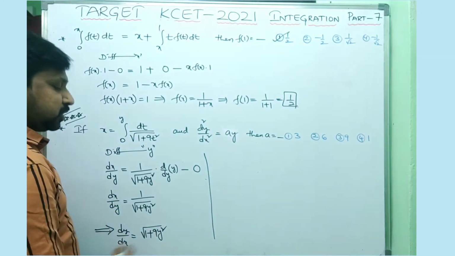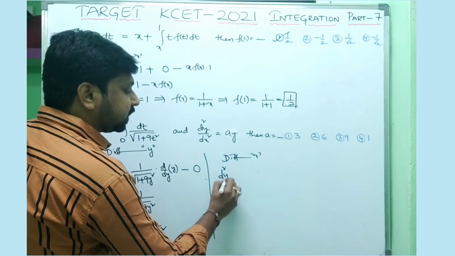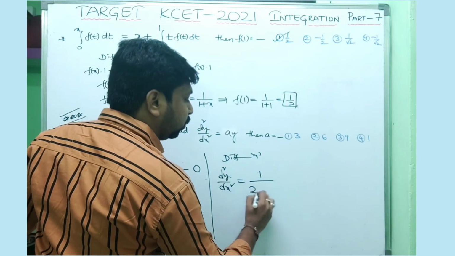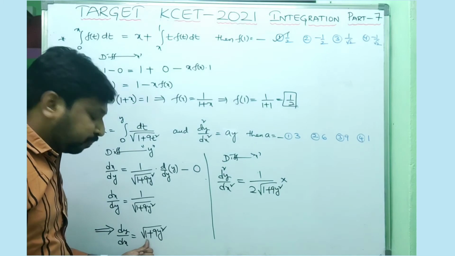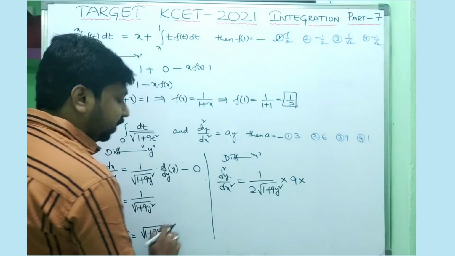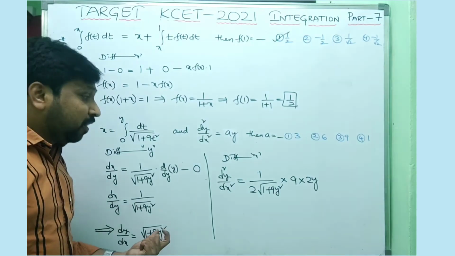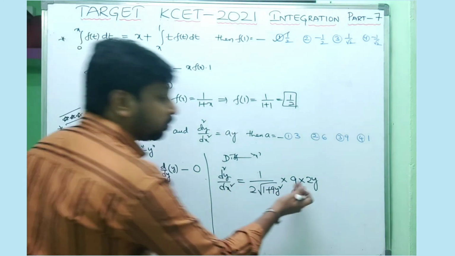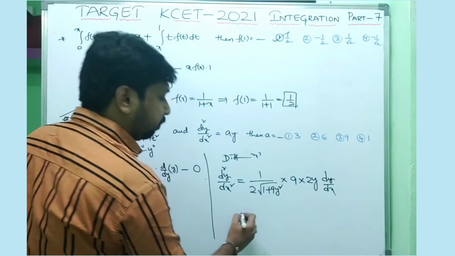Now apply differentiation with respect to x. If you differentiate dy by dx with respect to x, d square y by dx square is equal to the derivative of the root, 1 by 2 root over 1 plus 9y square, into function of a function. You do the derivative of 1, which is 0, and of 9y square, which is 9 into the derivative of y square. That derivative is not only 2y, friends. Here only your mistake is there. Not only 2y. Why? Because you are differentiating with respect to x a function in terms of y. That's why you get 2y into dy by dx. Very important point this is.